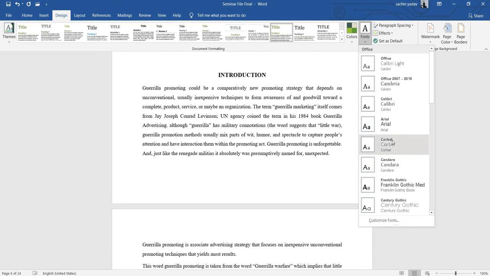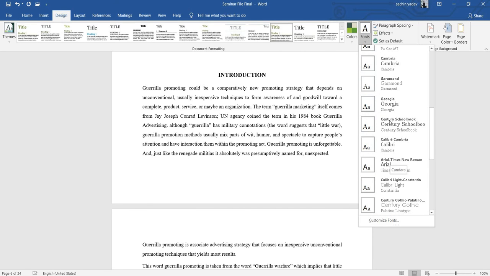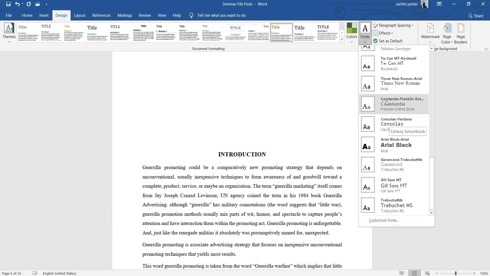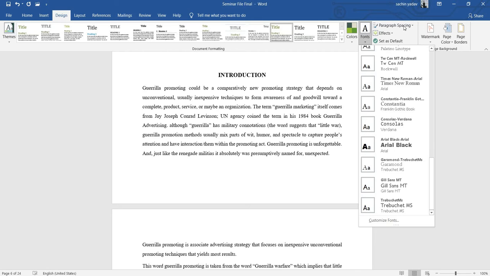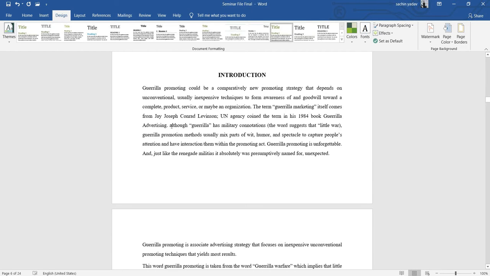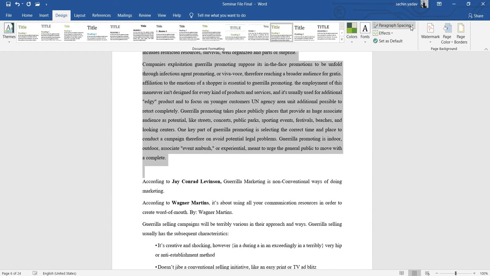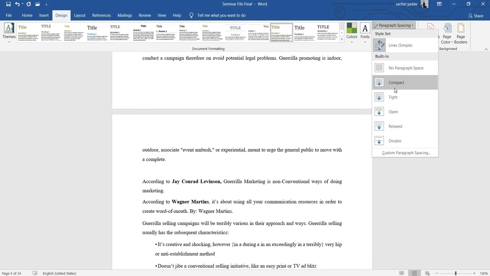And here's a font option where you can select the font of your project. So here are many options of font you can see. So now here, paragraph spacing. For paragraph spacing we have to select the different paragraphs, and then we can space them accordingly.